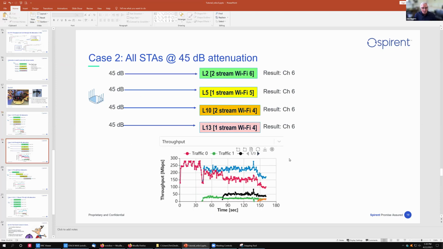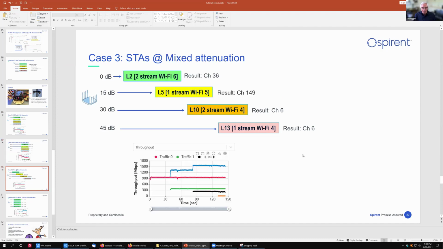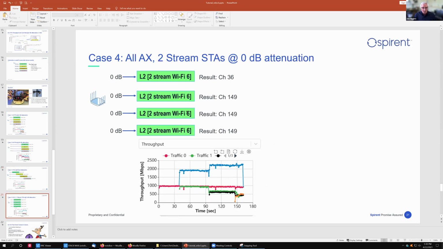In this case, we have everybody at 45, fairly low throughput, but again, no utilization of 2 of the 3 radios in the product. In this station, all 3 radios got used, a fairly good and logical allocation of radios. And in the final case, faced with an embarrassment of riches in terms of stations, it didn't do a perfect job, but still got a pretty good amount of throughput out of the router.